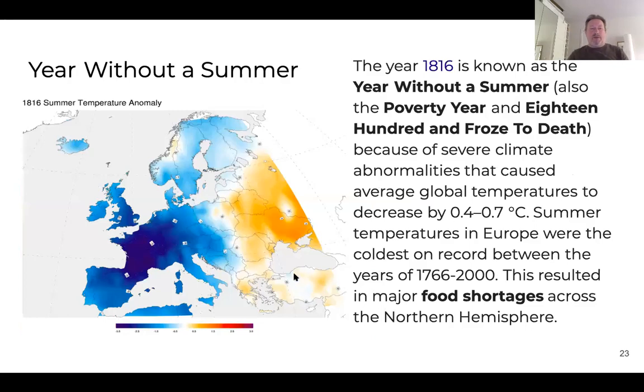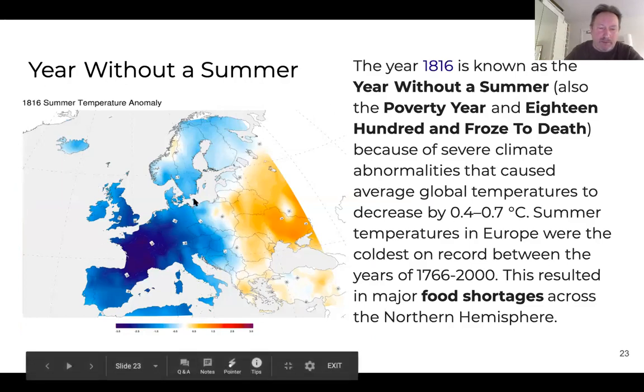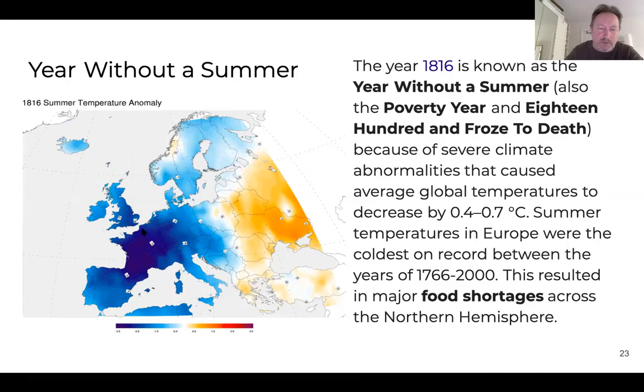Then the year without a summer, it's closer to modern times. You see the effect of the year without a summer on European temperatures. It was most cold in France and least cold in Ukraine. Even the opposite, it became warmer here. The year is known as the year without a summer, also the poverty year, and